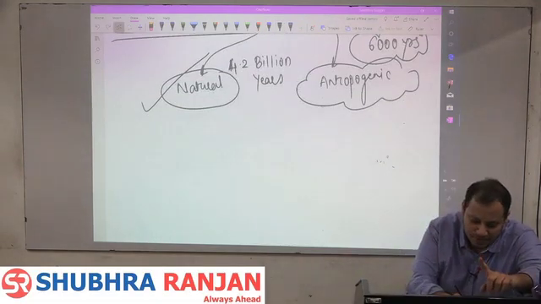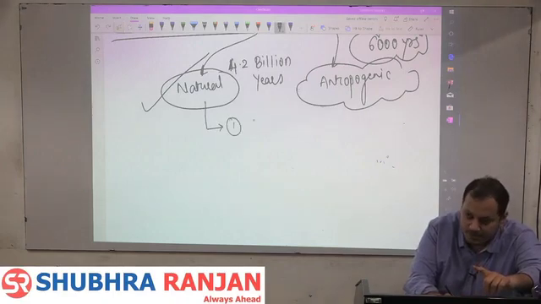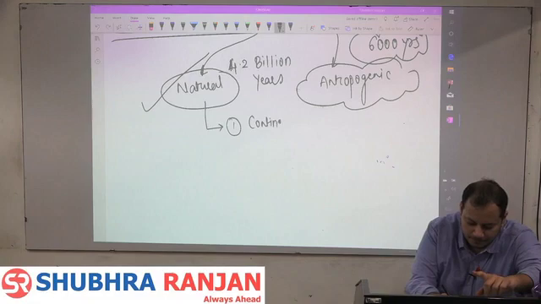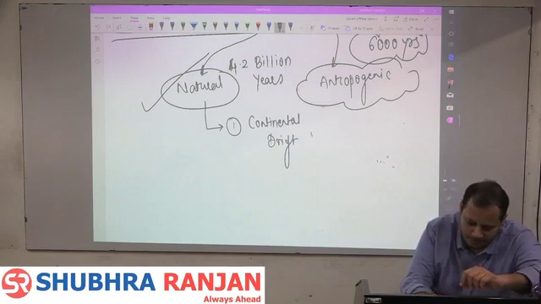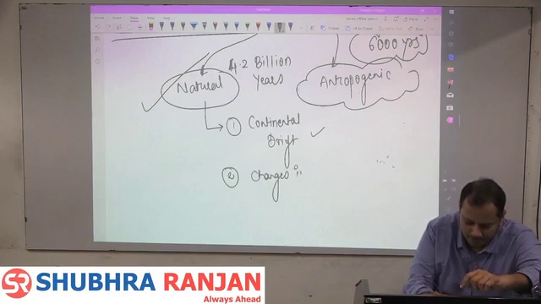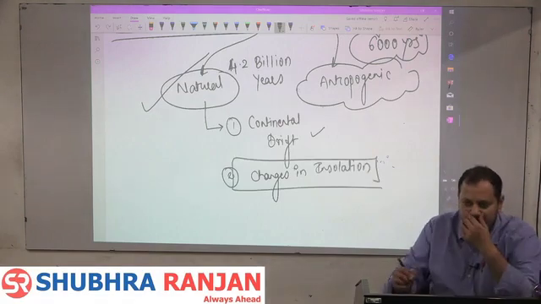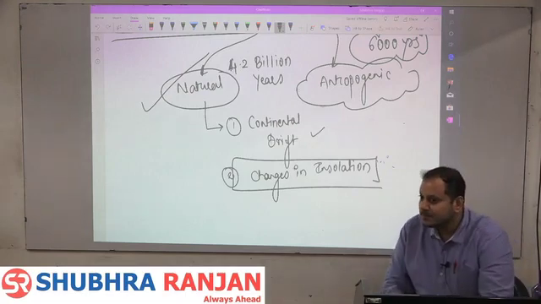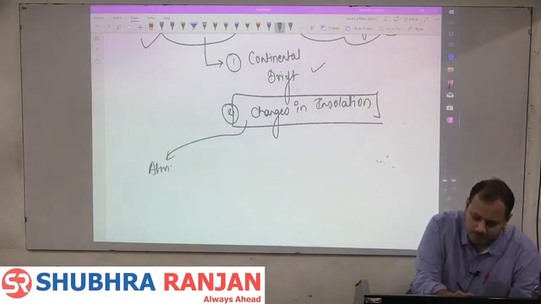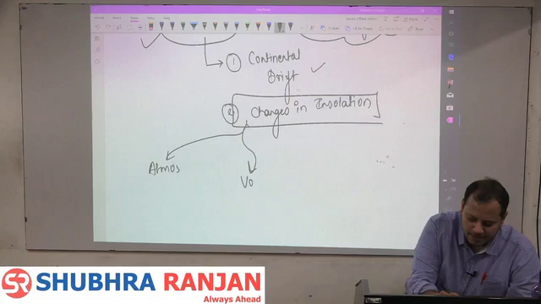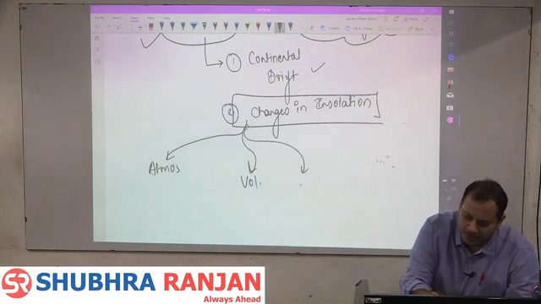The natural causes for the climate changes, one you have done is continental drift. Does it cause climate change? Continental drift. Fine. Second is changes in insolation. Why will there be changes in the insolation? Changes in the insolation can be because of the change in the atmosphere, or it can be due to volcanic eruptions, or it can be due to change in the